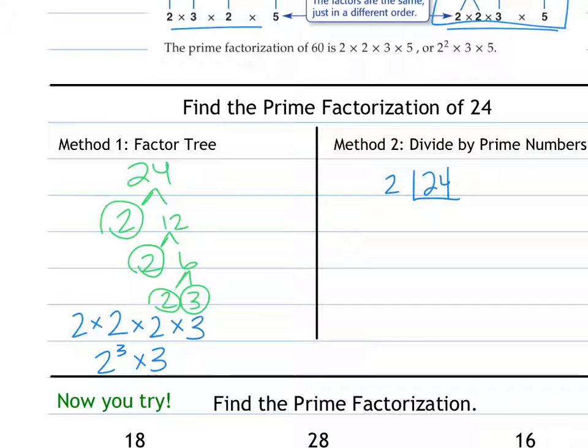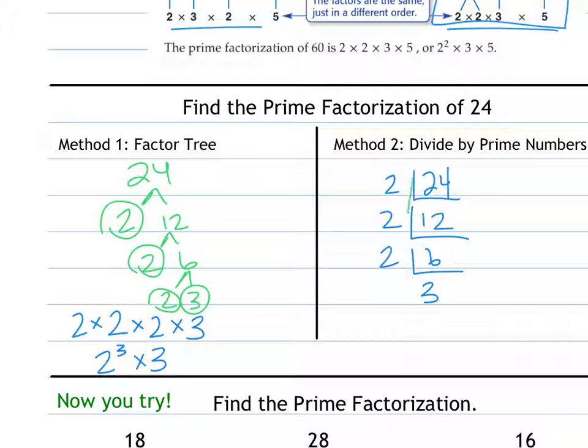And I know 24 divided by 2 is 12. And then I can divide again. 12 can be divided by 2, which is 6. 6 I can divide by 2, and then 6 divided by 2 is 3. So now,